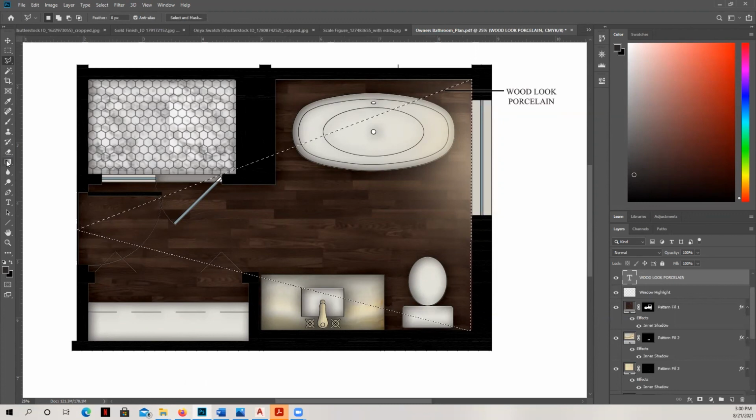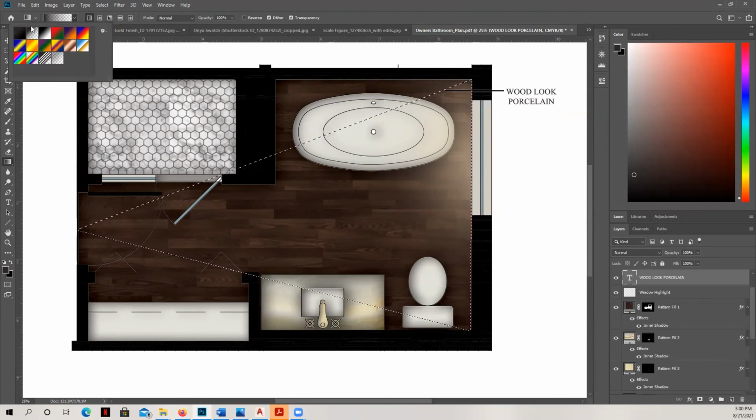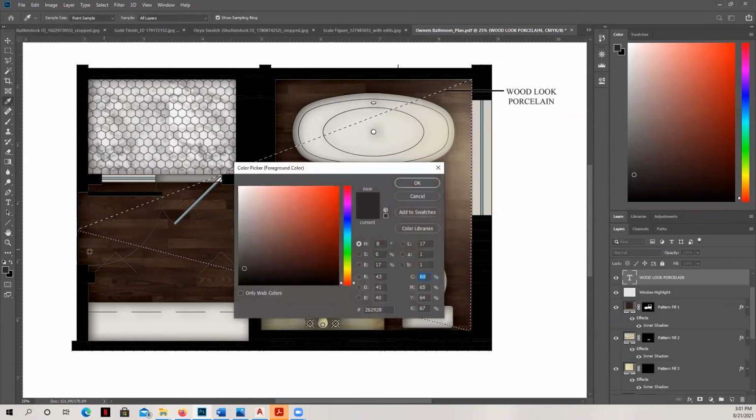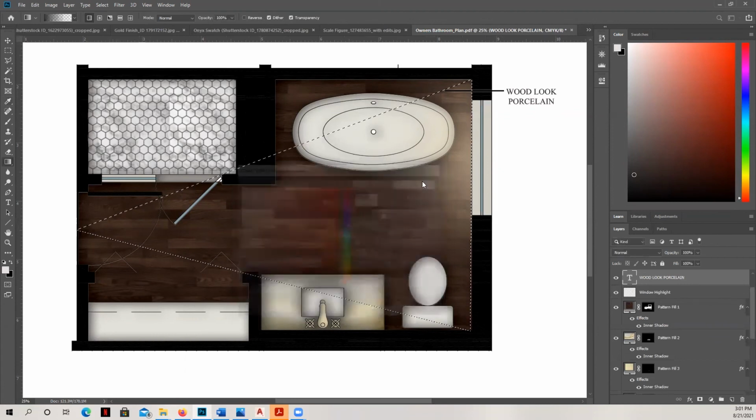Now what I'm going to do is hit this gradient box right here. And I'm going to hit this button up here. And this gradient actually tells you how do you want this to fade out. And so I want to go from my swatch color, whatever my foreground is, to transparent. But I need to change this. Instead of going from gray to alpha, I need to go ahead and go from white to alpha. And you'll see what this does in just a second. So then what you do is you grab your line.